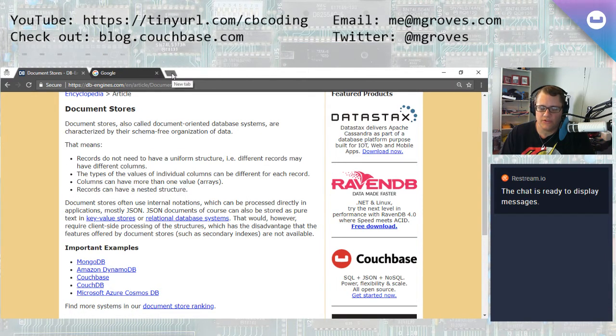And these things have a nested structure. I was looking up, his name was escaping me in the earlier stream, but it's Martin Fowler. He calls these document stores, also called document-oriented, aggregate-oriented databases, because you can think of a document as the aggregate root of a piece of data. Which means you can have a nested structure, more complex than just a flat piece of data. You can have arrays and hierarchies and objects within objects, and it can map very easily to a Java object or a C# object, because there's no impedance mismatch. You can serialize and deserialize them one to another.